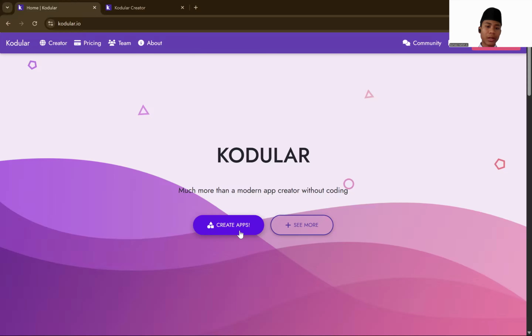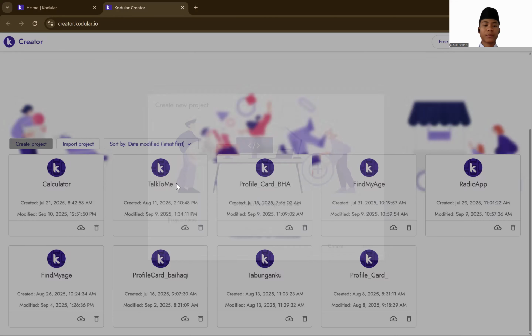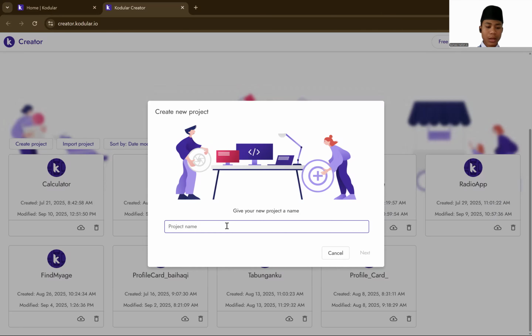Okay, guys. In here, you first open your Kodular. The name is Kodular IO, and create the application. Yeah, create apps. If done, you create a project. You name it radio app.